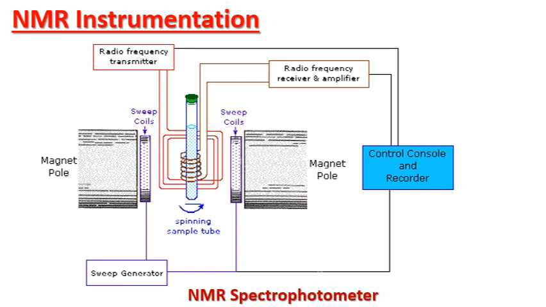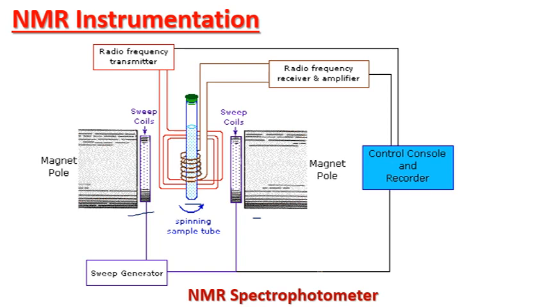By using this we will flash radio frequency waves on this sample, and these are the sweeping coils, heavy magnets, and this is the sweep generator. By using this we will generate a sweeping field. A solution of the sample in a uniform 5 mm glass tube is oriented between the poles of these powerful magnets, and is spun to average any magnetic field variation as well as tube imperfection.